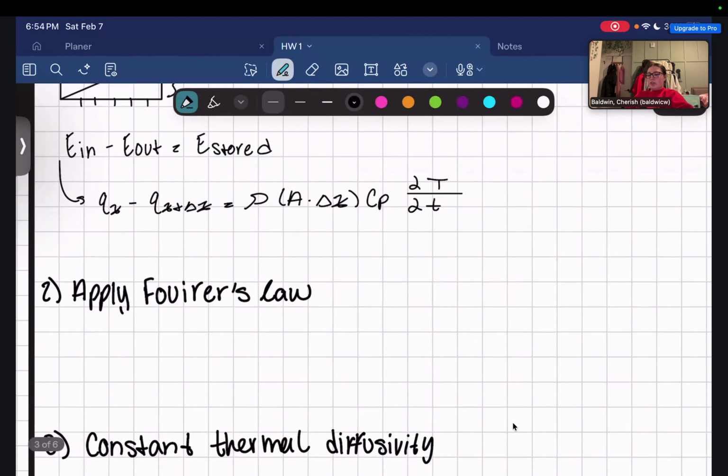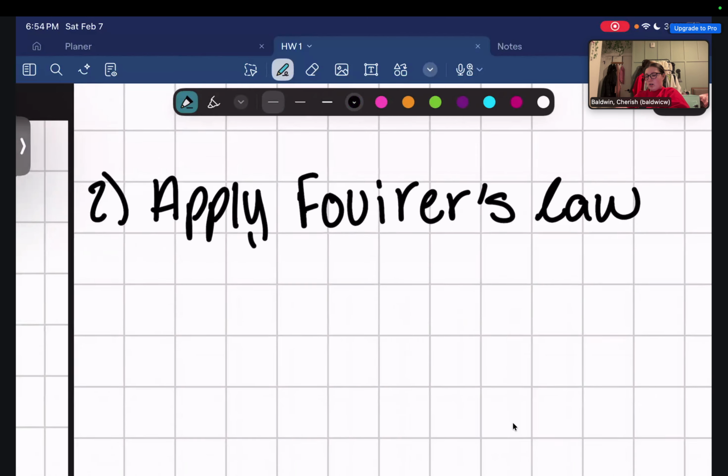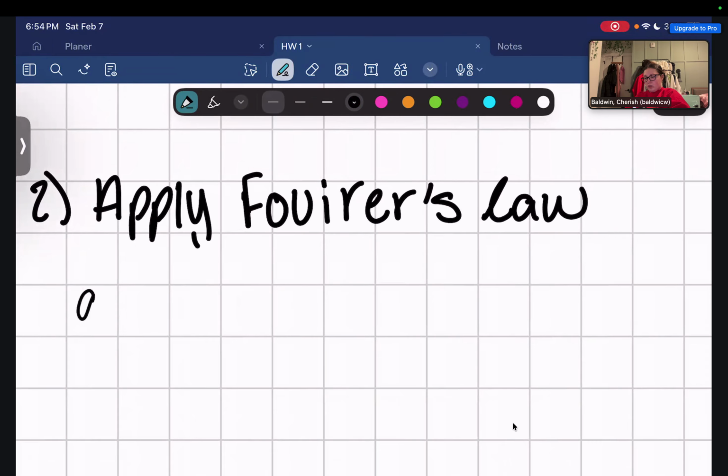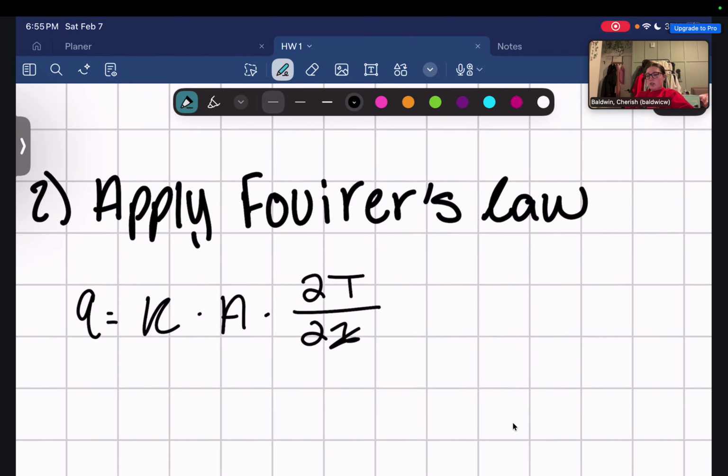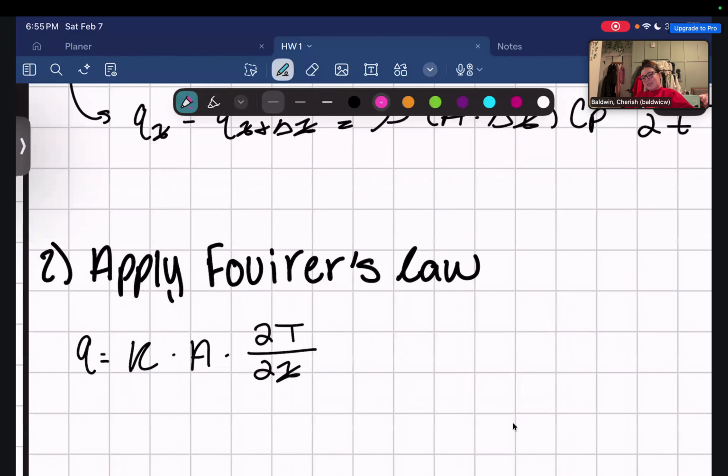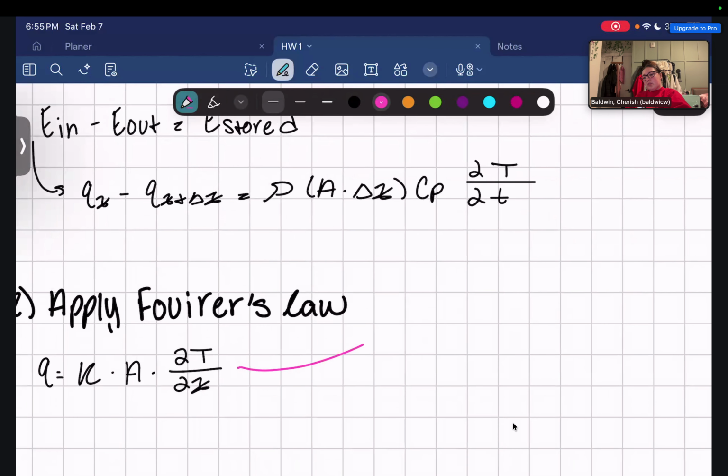Now we have to apply Fourier's law. Fourier's law, we recall, is heat conductivity times cross-sectional area times the partial derivative of temperature over the partial derivative of distance. We can apply this to this equation